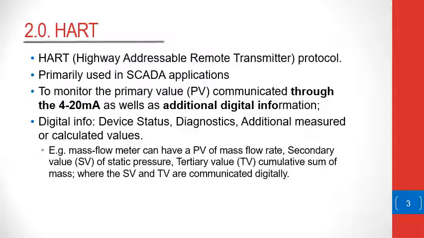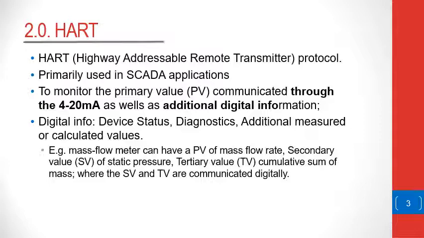It's primarily used in SCADA applications to monitor the primary value communicated through the analog signal, which is the 4 to 20 milliamps, as well as additional digital information. This digital information can be an additional measurement, a diagnosis of the device, or the status of the device. For example, let's say a mass flow meter can report mass flow rate